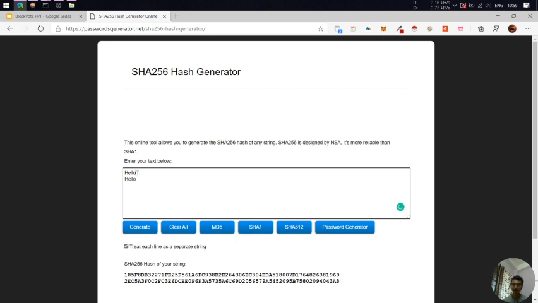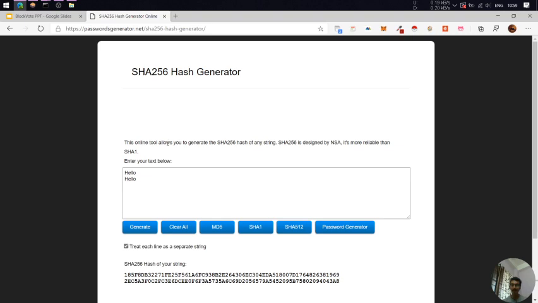Mind that I just kept a hello with no space. I basically typed hello and then I gave a space after that. You can check out here, I have given a space. For that space, a large amount of arbitrary information is added now. The first hash had something like 185f, and now we have a completely different hash. So you can check that there's a lot of entropy out here.